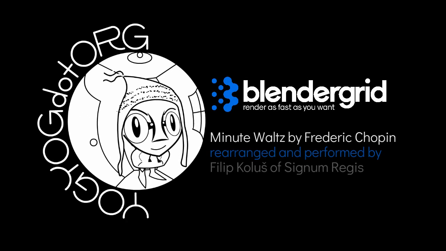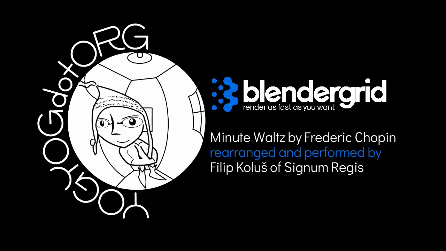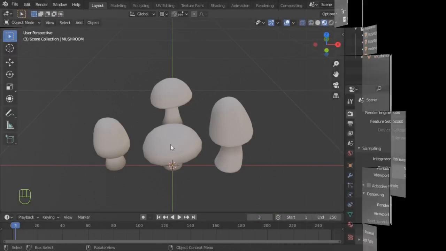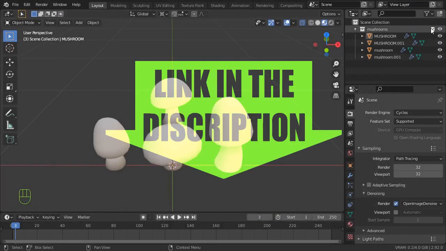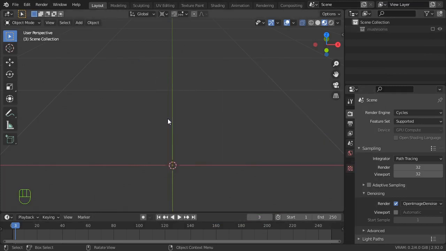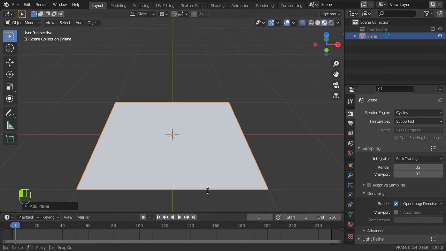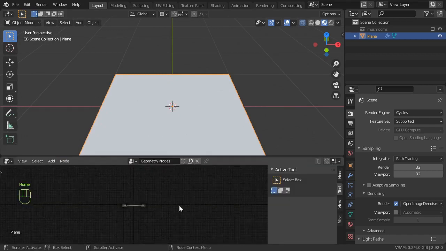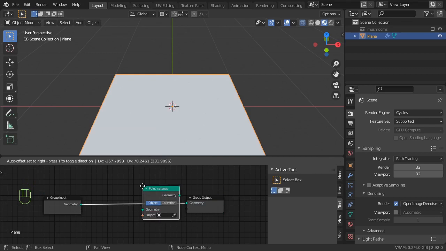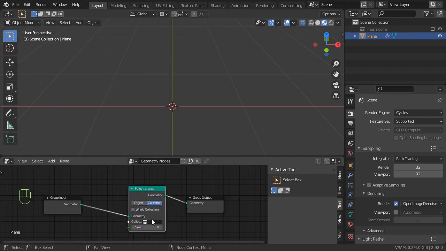This is a tutorial for impatient people who know some Blender. The scene opens on a collection of mushrooms in a collection called Mushrooms. Link in the description. Which I hide, create a plane, drag the timeline bigger and swap it for Geo-Nodes, create new, home key to zoom all, add point instance, collection, untick whole collection, and here we select the collection Mushrooms,